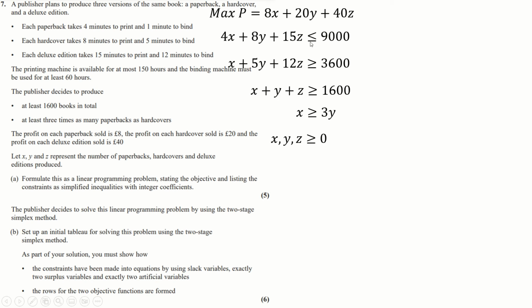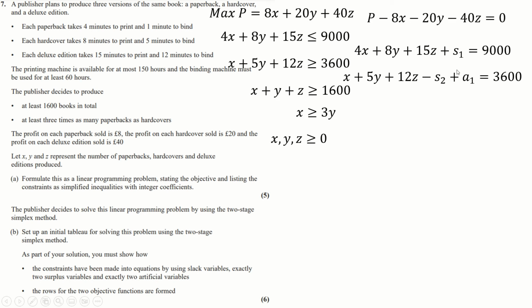And now, whenever we're less than or equal to, we need to add in a slack. So we'll do that just there. We're going to rearrange the profit to make it equal 0, of course, because we just want to equal a number every time, whether that's 0 or not. Whenever it's less than, we need to add a slack. Whenever it's greater than, we need to add in a slack and take away a slack, to get it down to 0, and then add in an